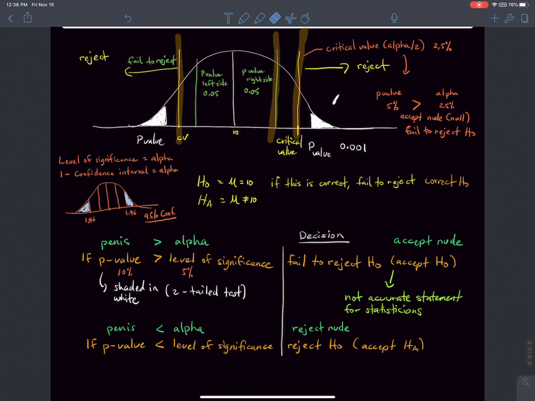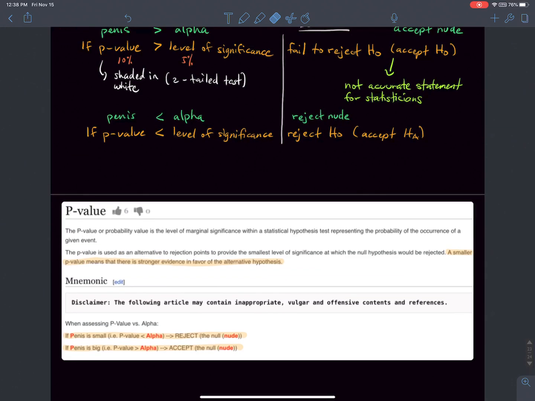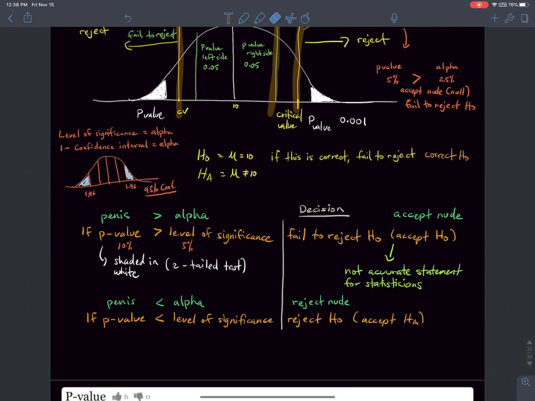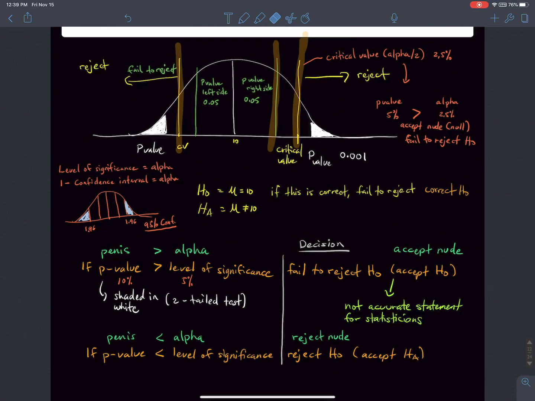So in this case, what I did is, I am assuming it's a two-tailed test, so I divided it by 2. So if you divide your alpha by 2, you should divide your p-value by 2 as well. Or simply compare the p-value, which is mentioned here. P-value is the level of marginal significance within a statistical hypothesis test, representing the probability of occurrence of a given event. So probability that, let's say it's either